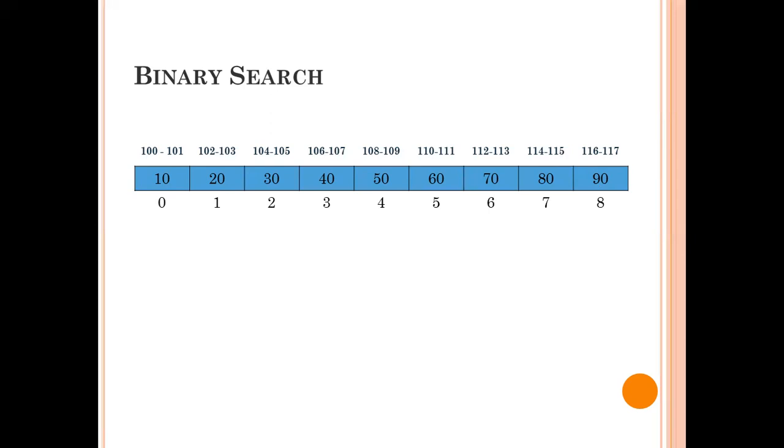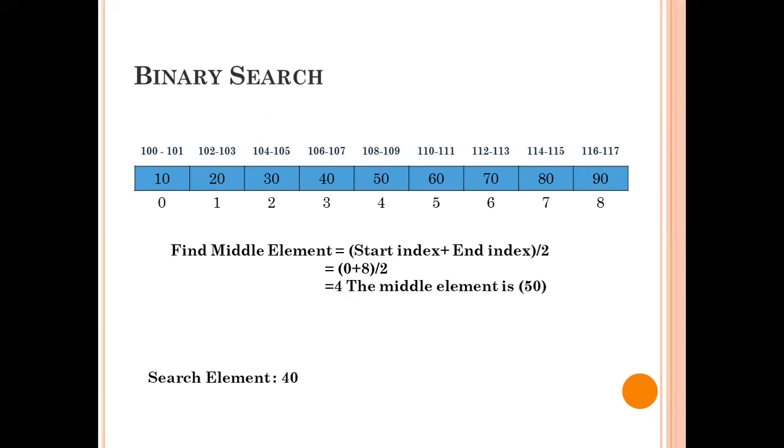Now, when you are searching for an element in a binary search, we try to find the middle portion of the array. We are going to divide the array by 2, so we need to know the middle portion. We use this formula for finding the middle: starting index plus end index, divided by 2. In this example, 0 plus 8 by 2 is 4. So 4 is the middle position. We are just going to focus on index values alone.